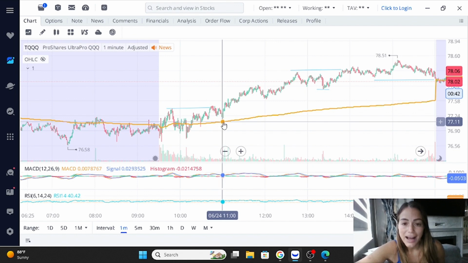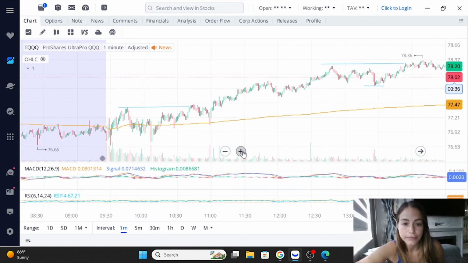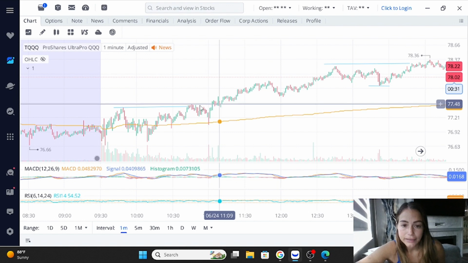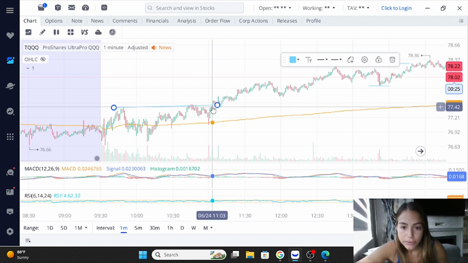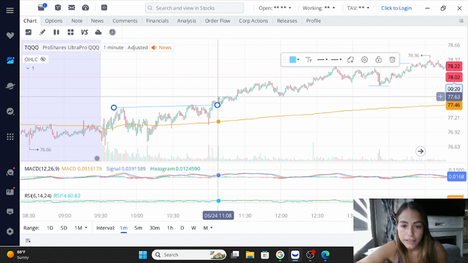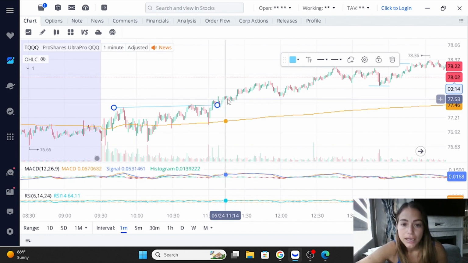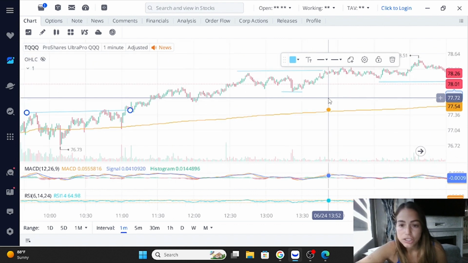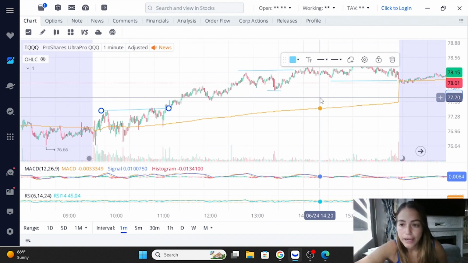When do you get in? I wait for 2 candle confirmation after the resistance has been broken. So right here's the resistance, it sold off. This is the line of the resistance, right? This green candle right here broke it. One candle, two candle, it sold off. This green candle, this next green candle, I would have gotten in right here and then just rode this up until I start seeing a true turnaround. And by true turnaround, I mean,